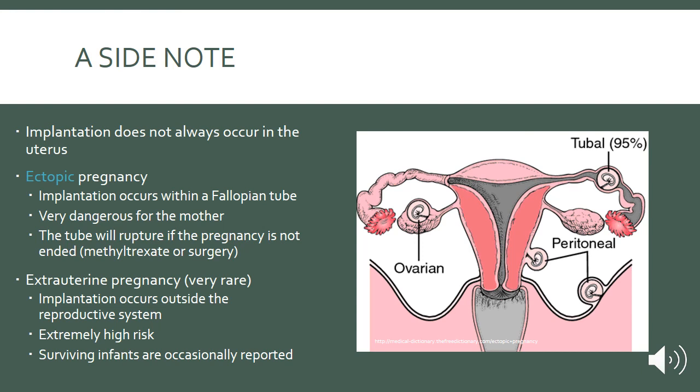You can, however, even have an extrauterine pregnancy. So a pregnancy that occurs, a blastocyst that implants outside the female reproductive structures altogether, on the outside of the uterus, on the membranes that line other organs in the abdominal cavity. That is extremely high risk. Clearly, those are not areas that are set up to support a growing baby, although on occasion you get reports of surviving infants, and if you watch enough TLC, you'll probably see